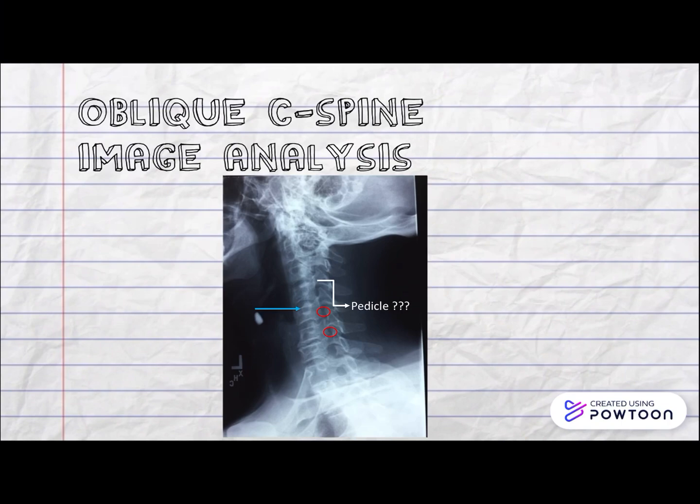One of the most surprising things I learned doing this project was that the PA oblique projection is preferred because it reduces radiation dose to the thyroid compared to the AP oblique projection. Throughout my clinical rotations, I've only seen one tech perform oblique C-spines that way. Everywhere else, it was always AP oblique. And knowing this information, I'm definitely going to reconsider how I approach oblique C-spines and probably make some changes about